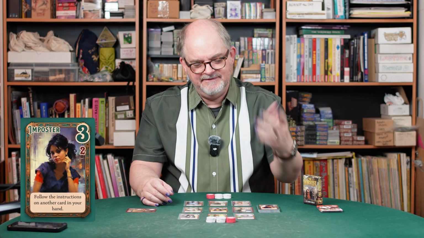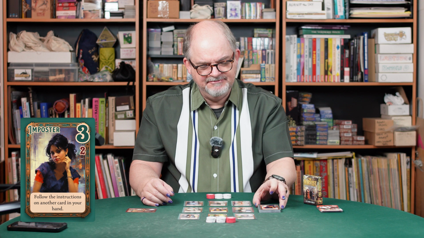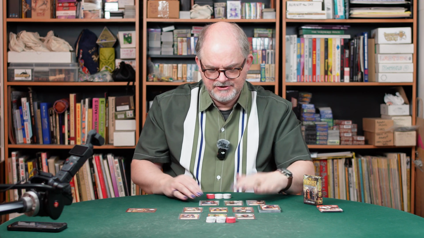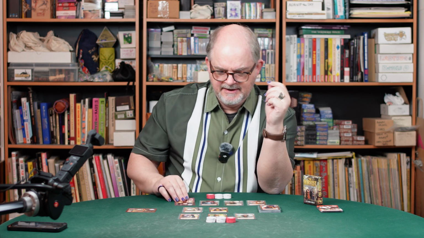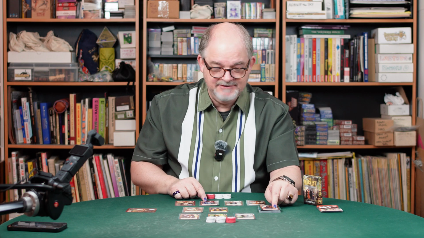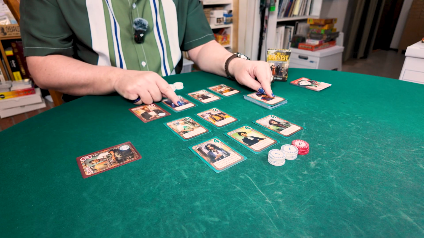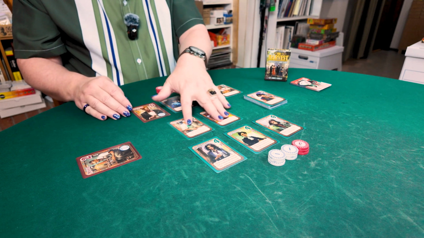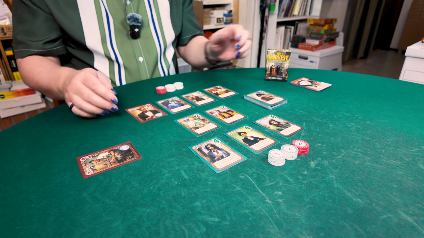If she was in my hand, that "another" would make sense, but I need to follow the instructions on a card in my hand. All right, well, I can do that. I guess I'll use the chief to draw a card from the street. And because she says follow the instructions, I didn't activate the chief. I still have the chief. The chief is still here saying draw a card from the street, but the imposter let me do him without flipping him over. So you're going to activate one of the cards in the street,